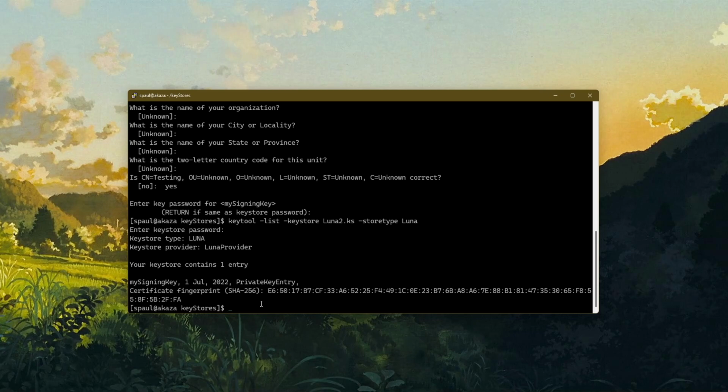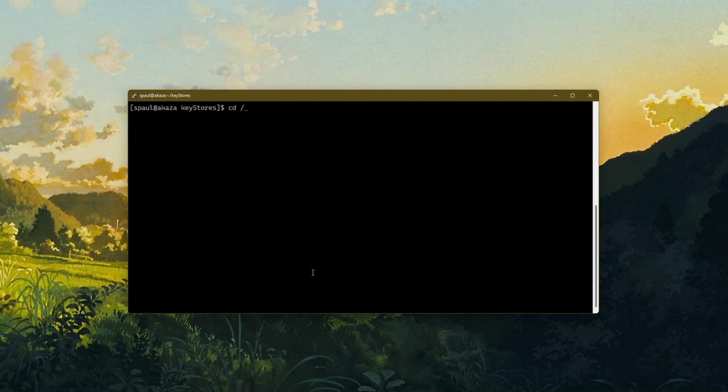Next, I'm going to show you how to configure LunaProvider dynamically. Let's imagine a scenario where I don't have root permissions, or I'm not a sudoer, and I can't copy files into jre/lib/ext or into the user lib directory. But before we do that, I'm going to revert everything back to the way it was, which means I'm going to do sudo nano